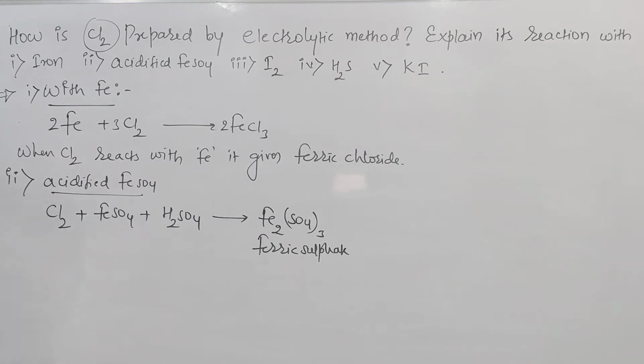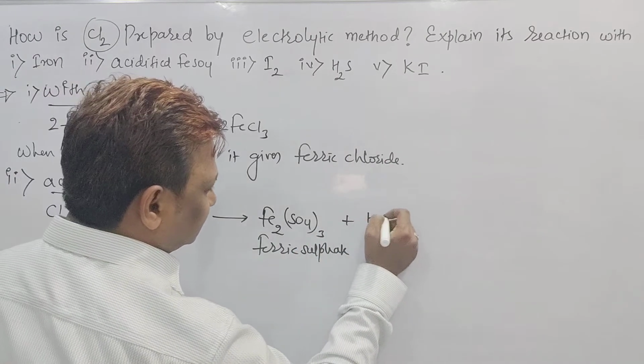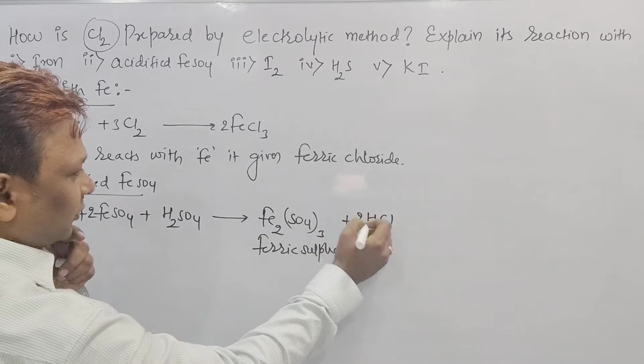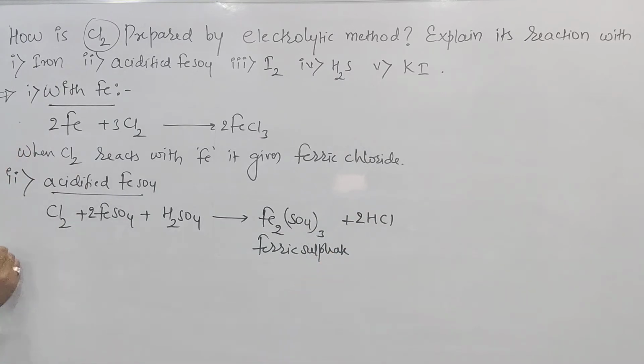The remaining byproduct is HCl. And if you want to balance it, we can balance it. If we take Fe 2 times, sulfate also 2 times. But here I am having SO4 taken 3 times. Sulfate 3 means here 2 sulfate, here 1, 3 over. Hydrogen 2, make it 2. It is balanced.